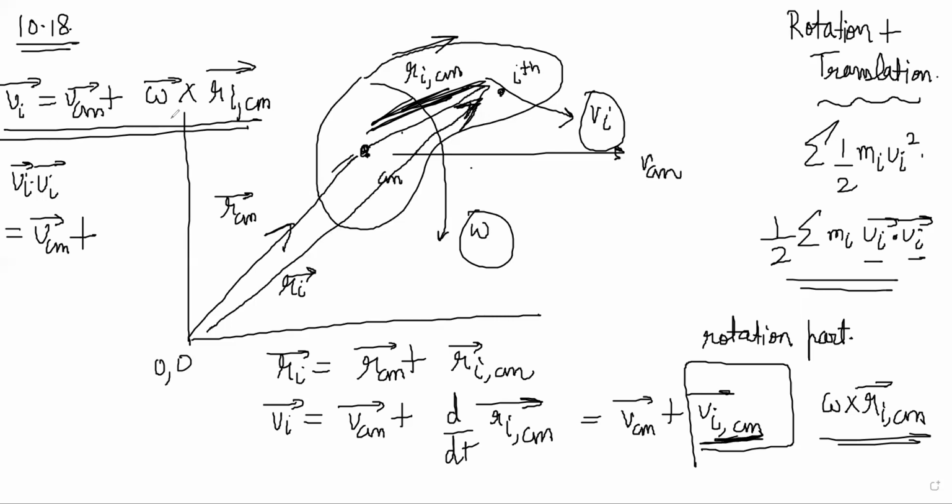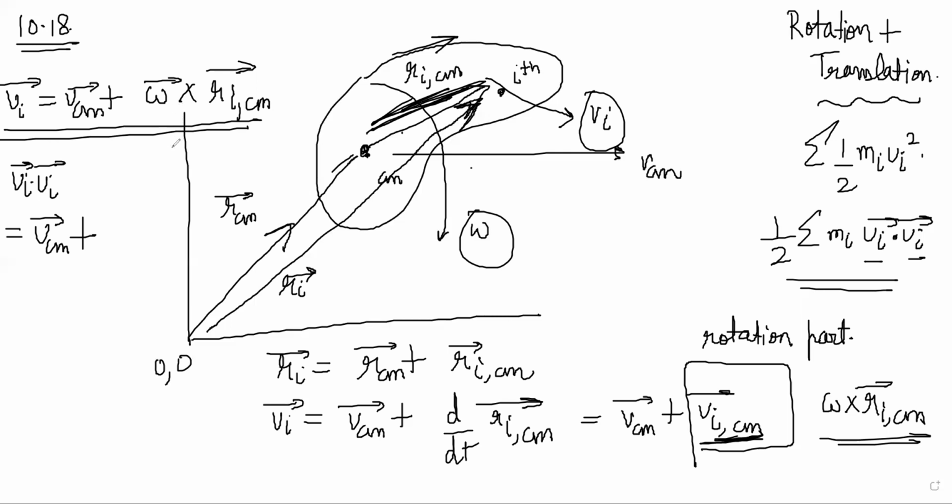So now let's not worry about the figure that I have drawn and the notation that I have written. Let's focus our attention on the book once. You have the book, right? So let's read from there. He's saying the center of mass itself is moving in the lab frame at a velocity v0. He is calling VCM as v0. Velocity of the particle of mass mi is Vi comma CM with respect to the center of mass frame, and Vi with respect to the lab frame, where our origin is. So he's saying the same equation that we wrote: Vi is equal to V0 plus Vi comma CM.